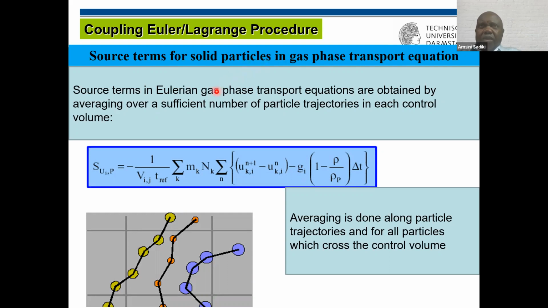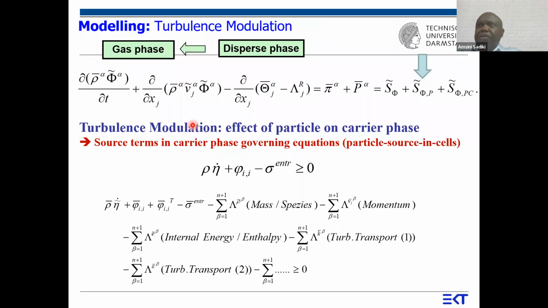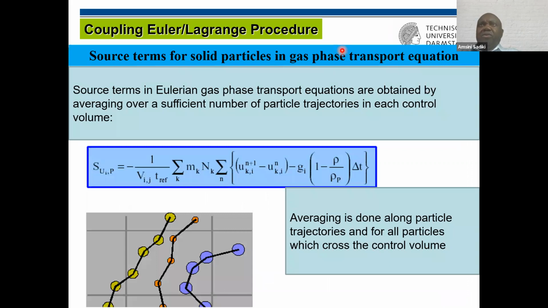So in this equation here, we need these source terms. This source term, if this quantity is 1, then we have the continuity equation, and we will have the source term here. If it is the velocity, then we have the momentum equation. Then we have to find out how this quantity. We have now here